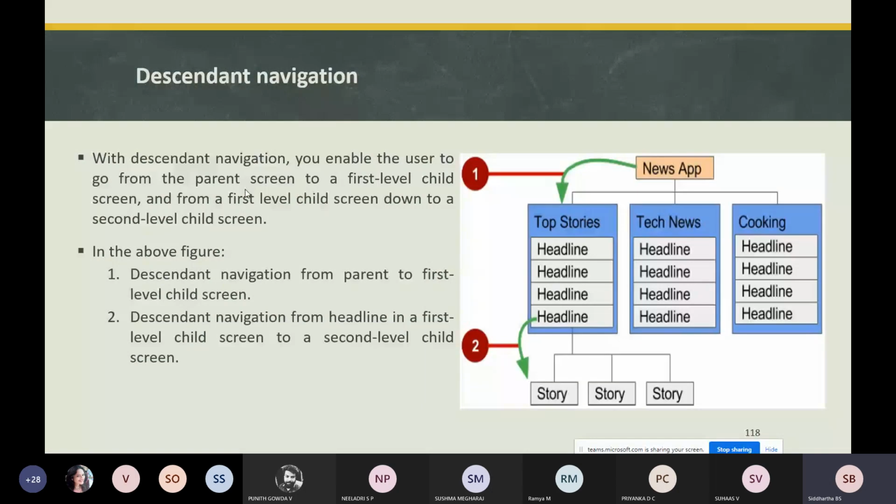to the second level child screen. As I said, descendant navigation is from top to down, whereas ancestral navigation is from bottom to up. Lateral navigation is swipe-wise, right? So with descendant navigation, we can enable the user to go from the first level child screen to